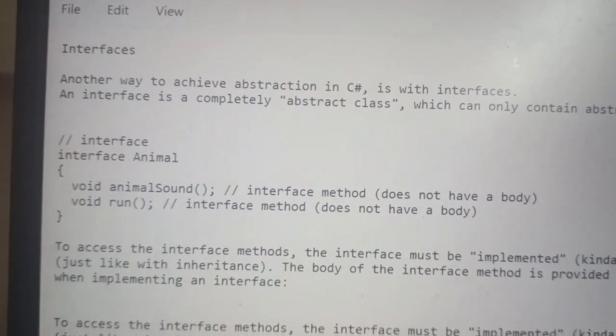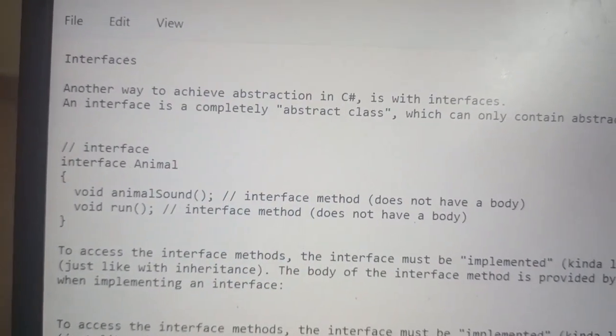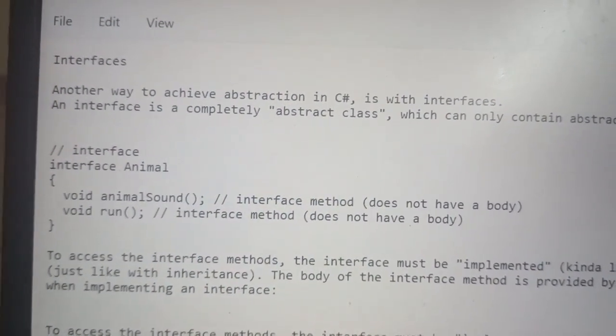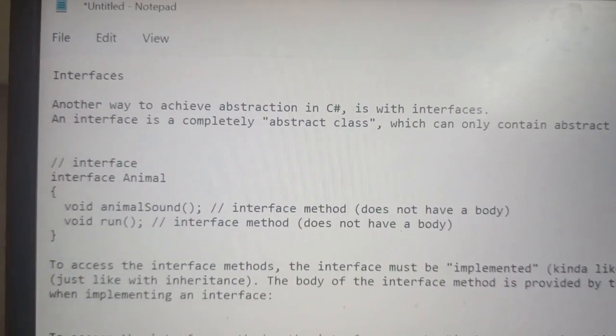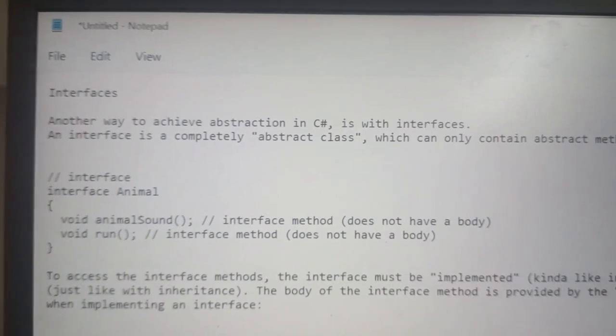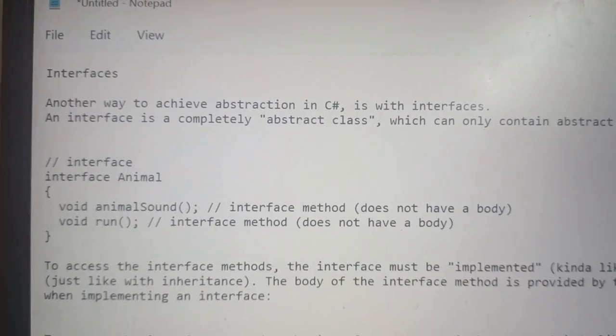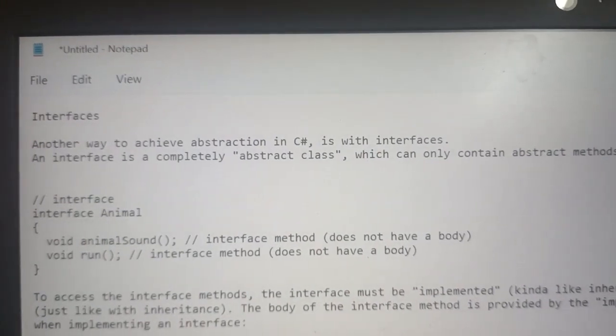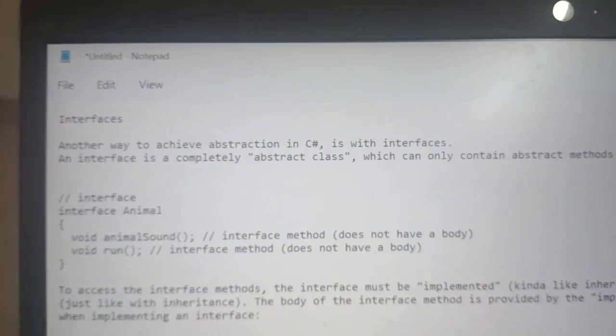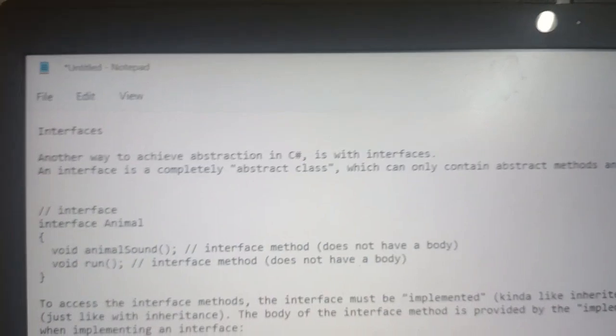If we take vehicle as an interface, then we can use this interface for different vehicles. For example, we can use it for a car, a ship, or an aeroplane. In whatever class, you can use that interface with a particular